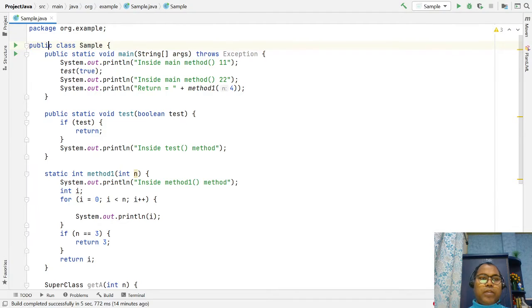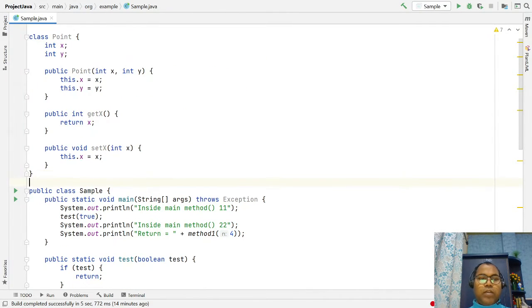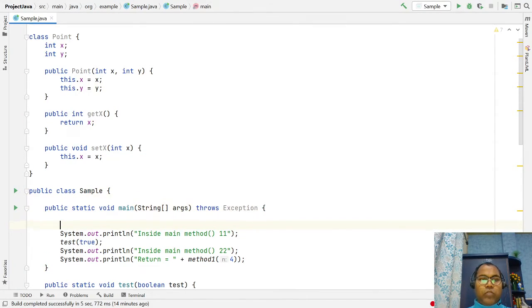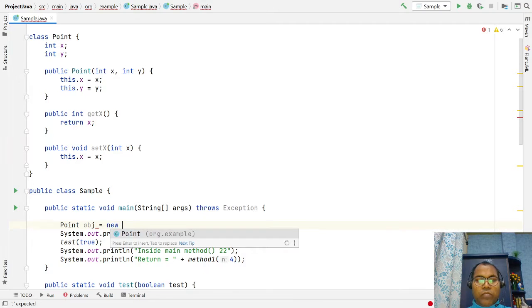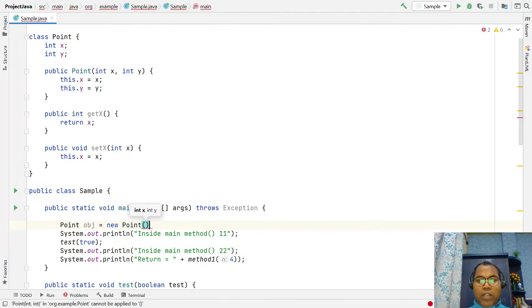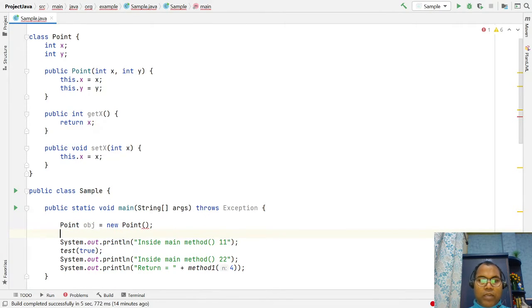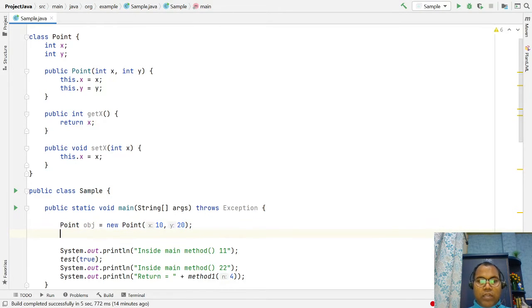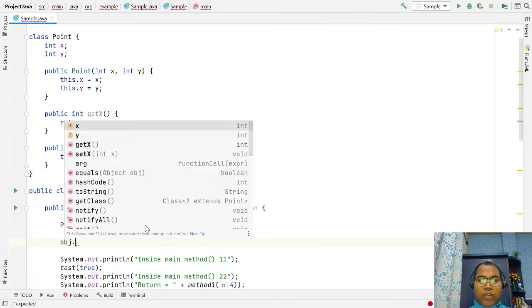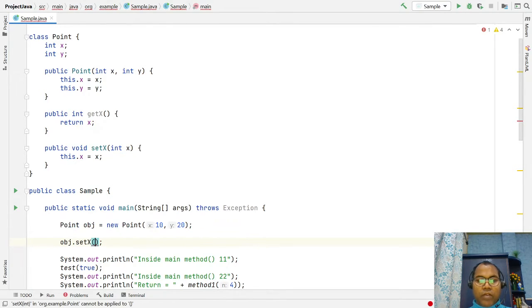Let's say you are creating the object of Point: Point obj = new Point, passing two arguments to the constructor, 10 and 20. And let's say you call obj.setX with 40.